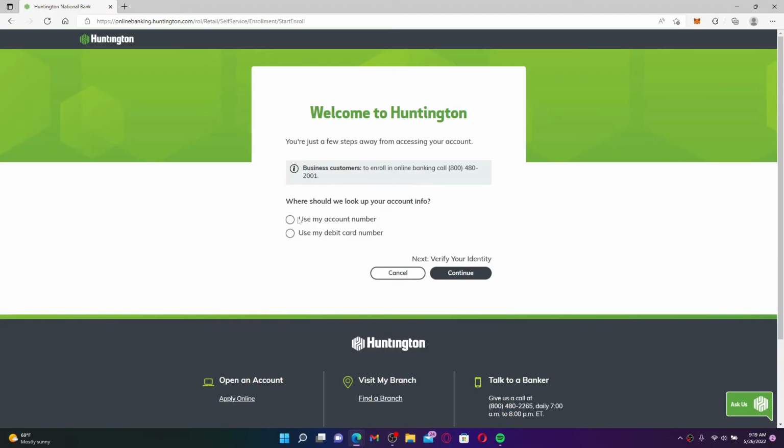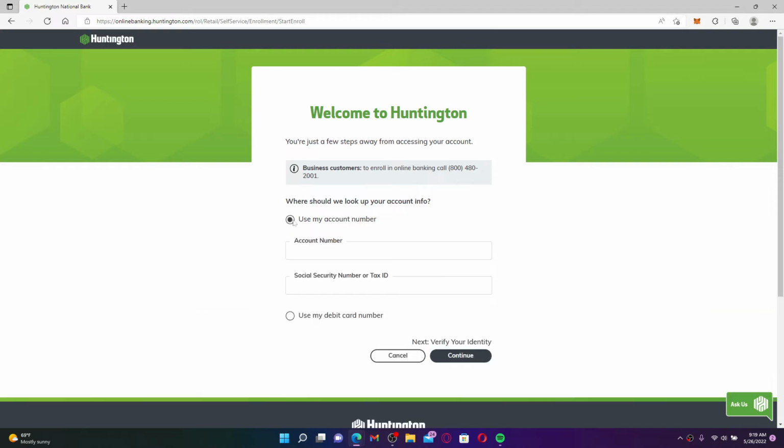On the next page, select one of the options to verify your account information. Choose whether you'd like to use your account number provided by your bank or use your debit card number. Give your choice a click and enter your account number in the account number text box. Make sure to enter the correct account number provided to you while opening up an account on Huntington Bank. Head over to the next field and type in your social security number or your tax ID number. After you are done, click on the continue button and on the next page you'll be able to verify your